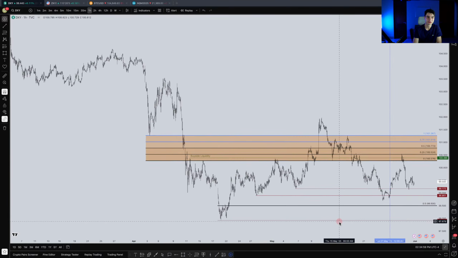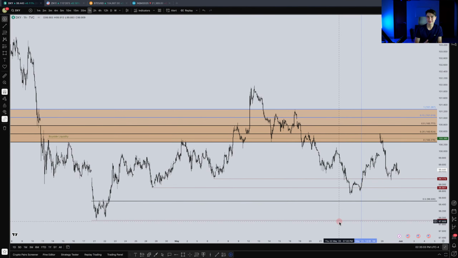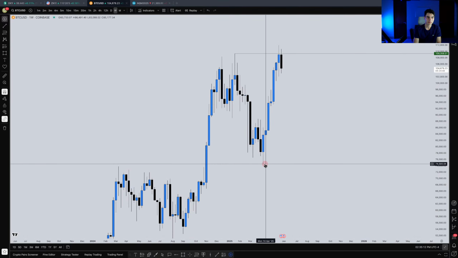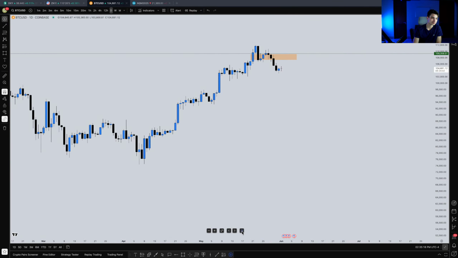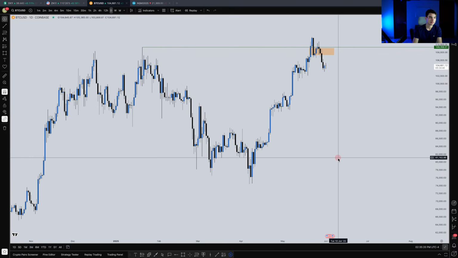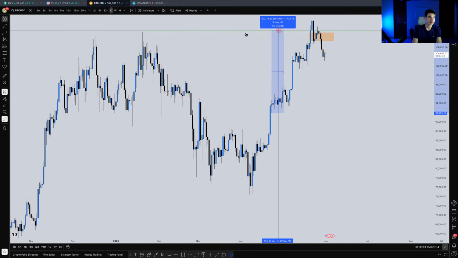Consolidate and go sideways. So that gives us a huge advantage because when we see major targets delivered, now we can just get patient and we can just let the market reveal its hand and let it do whatever it's going to do. So the same thing for Bitcoin, right? We just saw a monster move into all-time highs. And if we look at the daily chart here, all the way from this daily fair value gap here, calling it higher into the all-time highs here.